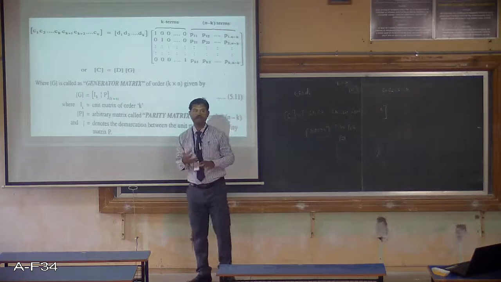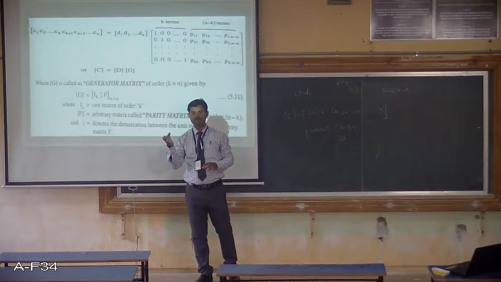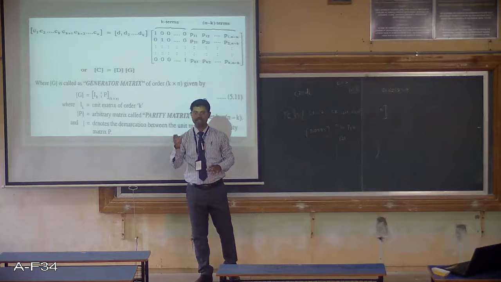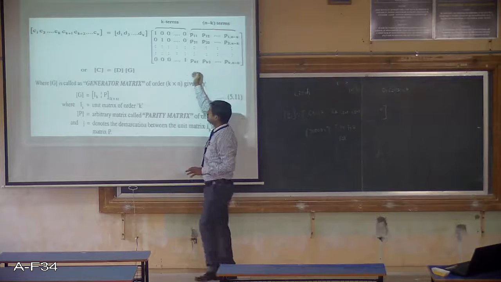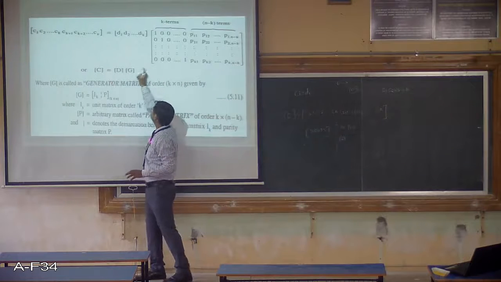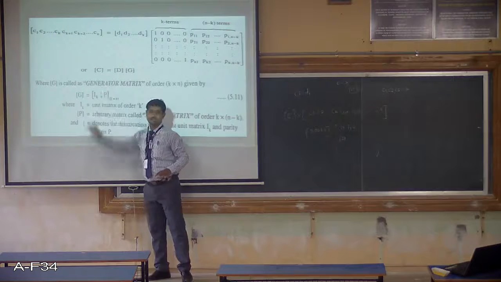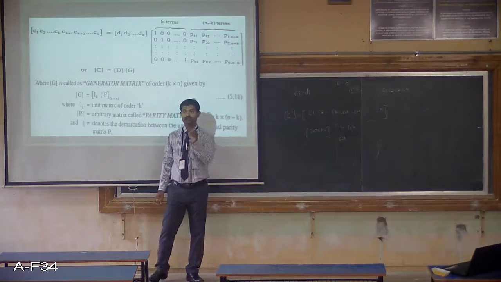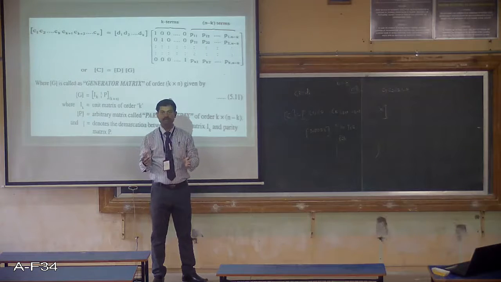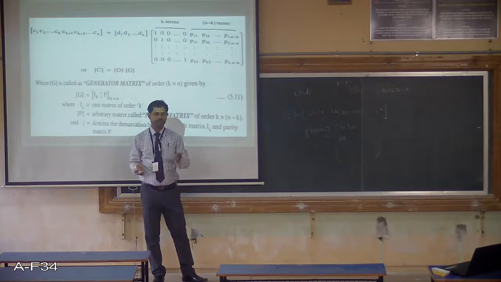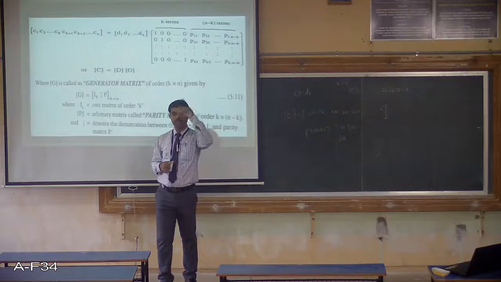You can call it a special matrix whose element values are either 1 or 0. I can define that matrix. So the first vector is D. This entire matrix I call G in order to get the code vector C, right? So C is equal to DG. That's the formula to get the code words. If your data vector is available and the generator matrix is available, within no time I can produce the code words. That is the function of the channel encoder.